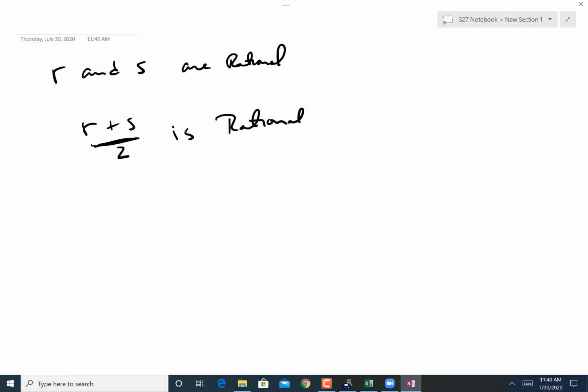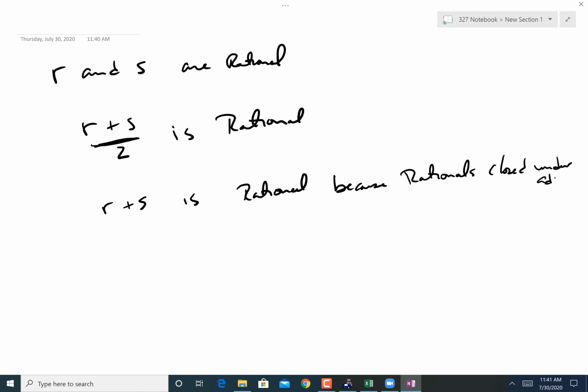So when I look at this, I say r plus s is rational because the rationals are closed under addition. To add a rational to a rational, you will get a rational, period. And then, because that is rational, (r + s)/2 is also rational. And so we know this has to be rational because division is closed